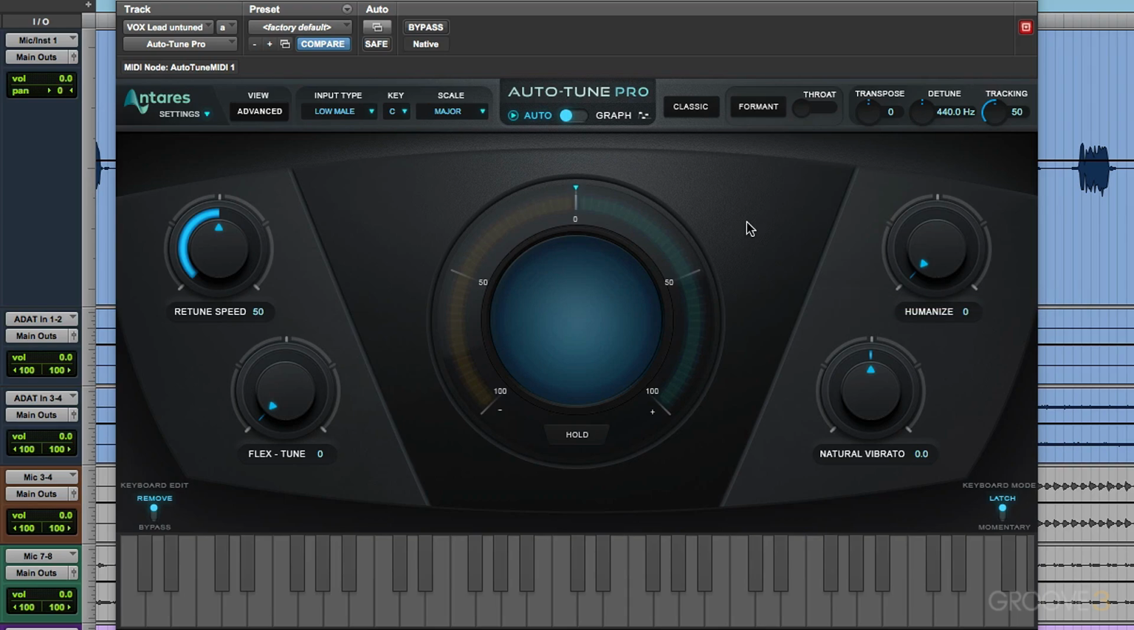Now, full disclosure on this, if I had my retune speed all the way down, where we're basically not getting that much pitch correction happening at all,